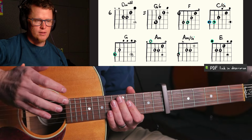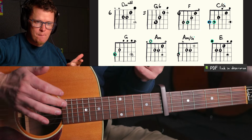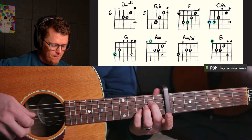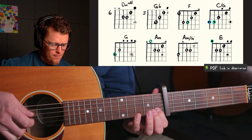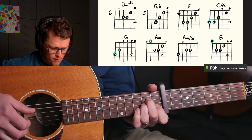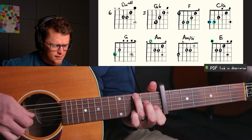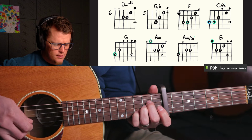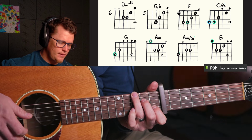It's where you go 1, 2, 3, 4, ba ba ba ba ba ba. It's difficult for me to do everything at the same time, but the melody goes like. Anyway, so. Right. Okay, so